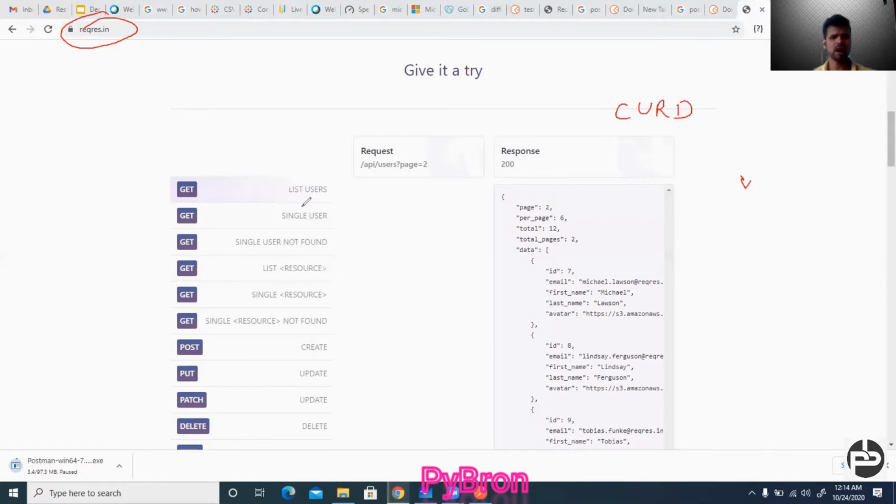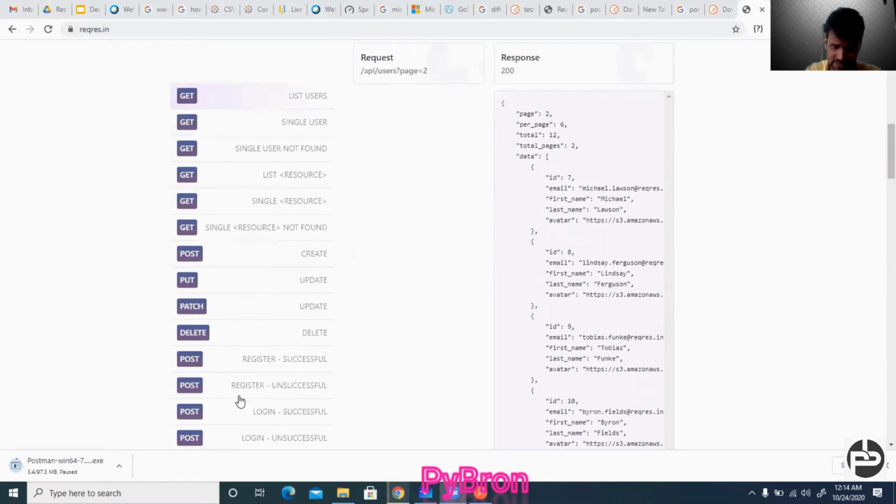First I will show you how to test the API with the help of Postman, and later on I'll show you how to test those same APIs with the help of code. So this is the complete agenda: first you test manually, then you test through code. Let me clear this diagram and I'll show you these things. One minute, guys. I'll test the GET API first, then POST, then DELETE, everything.